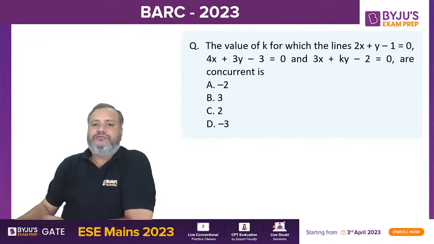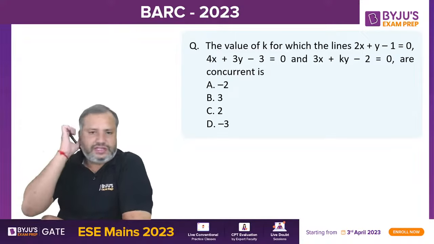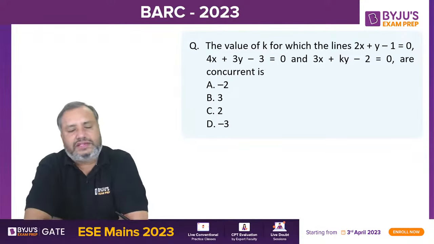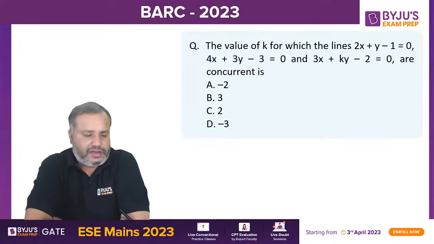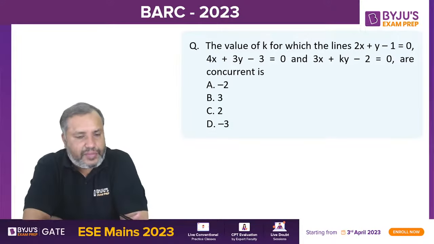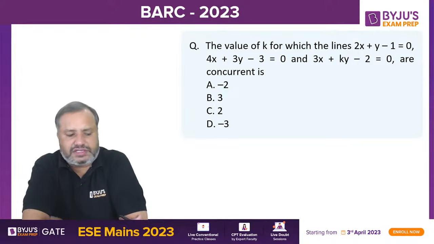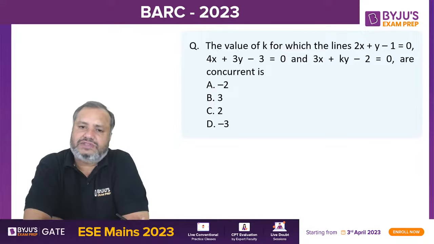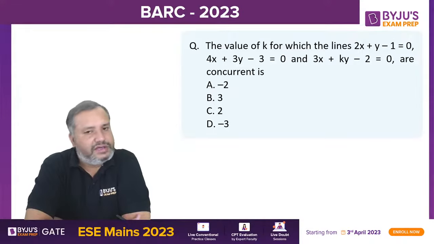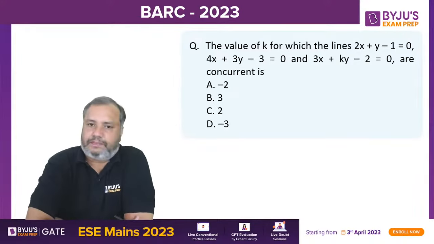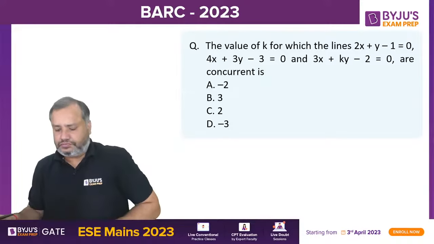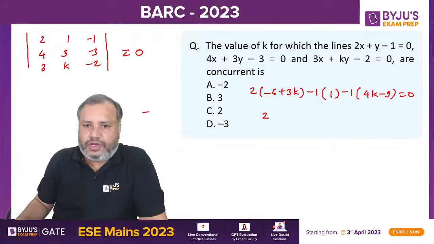So here comes your first question. Students, in BARC or similar exams, the questions in engineering mathematics are easier, but there will be a larger number of questions. Number two, there will be questions from areas you covered in your school days, that is 11th and 12th. So they are asking for 2 into 3, 6k,